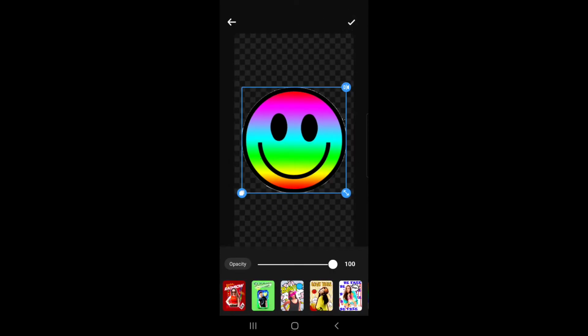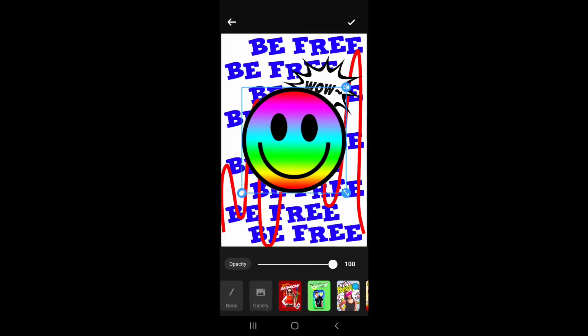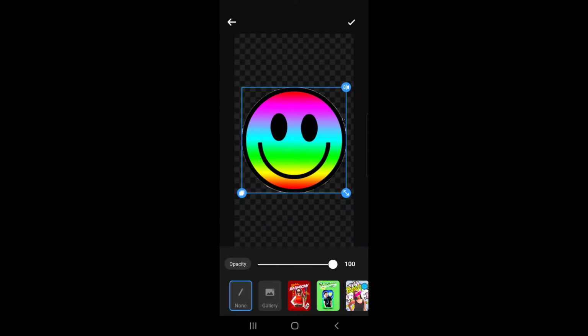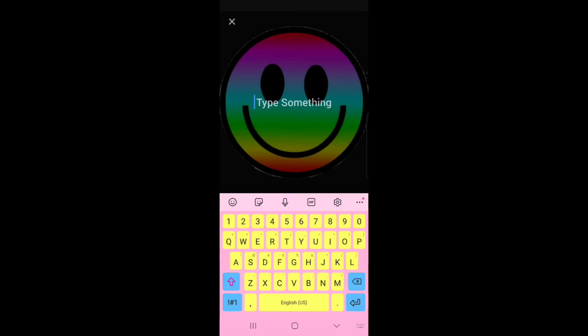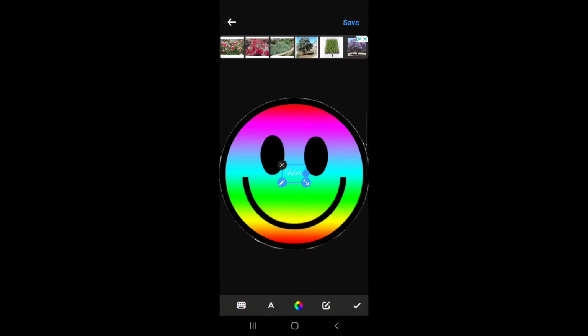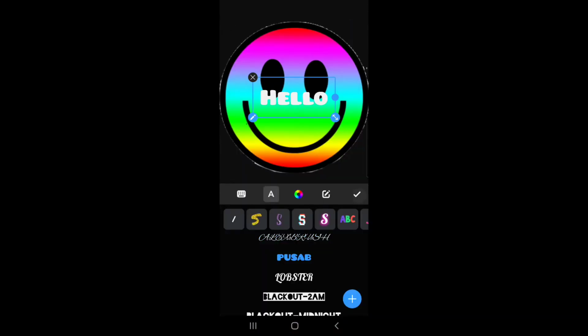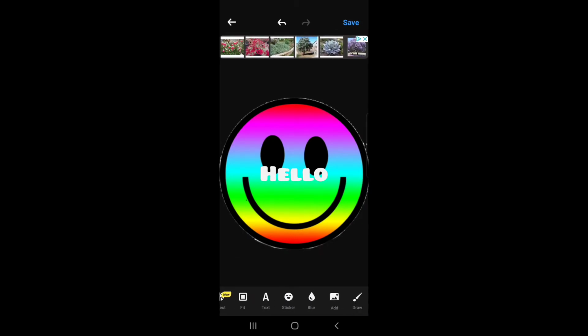And then you can choose a background. Or if you don't want a background, that's okay, because you can use it as a sticker, which is how I use it for my thumbnails. And you can also add text on here. And there's just so many features on this app that you can explore with. The next app, which is PicsArt,